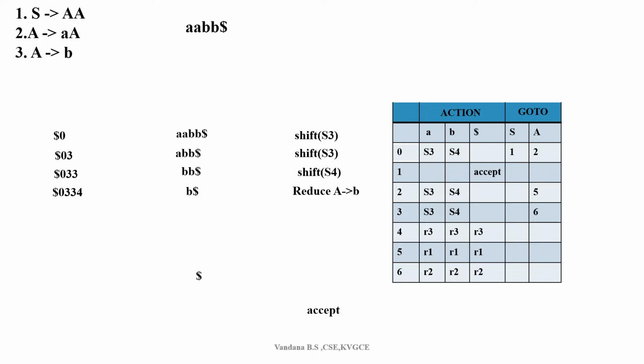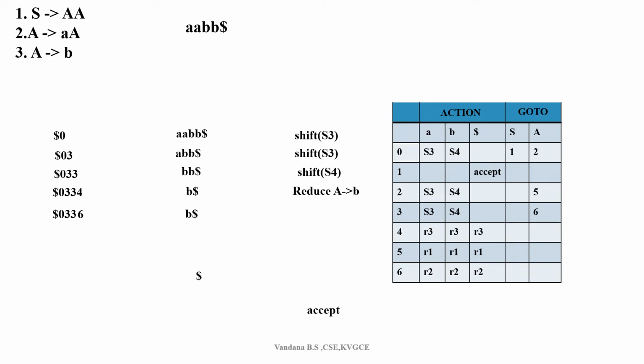What is the topmost symbol? That is 4. You just pop it out. Now what is the remaining thing? $, 0, 3, 3. Now the top of the stack contains 3. Now 3 on capital A. Understood? What is the move for 3 on capital A? It is 6. You just insert it. Now the input is the same. Only for the shift move do we increment the pointer, not for the reduce move. Now it is the same input. Now 6 on B.